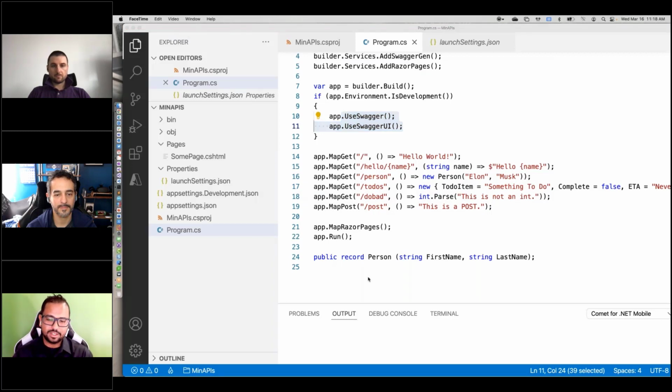So that's how easy it is to start up a minimal API. And once you have this, you can use it from any type of app. If you're building a modern web app, Angular, React, Vue, jQuery, you can call this. You can call this from Blazor, you can call this from .NET MAUI or any type of iOS or Android app. And this is what excites me as a native developer, that it's so easy to expose an API from .NET, running on .NET 6.